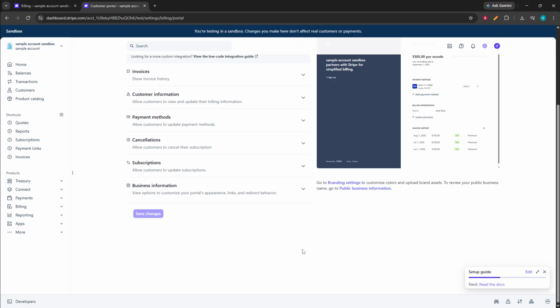Finally, test the customer billing portal to make sure everything works as expected. Confirm that the payment method updates, invoice access, subscription controls, plan changes, and cancellation features you enabled are all functioning